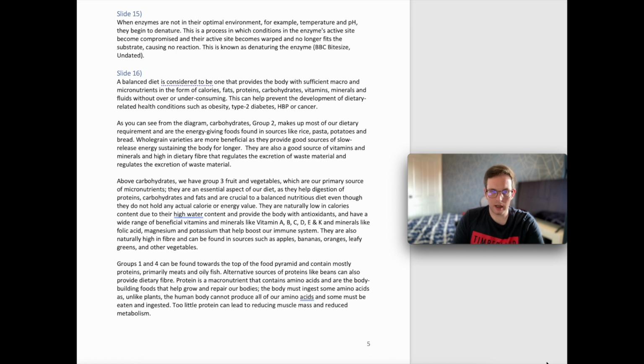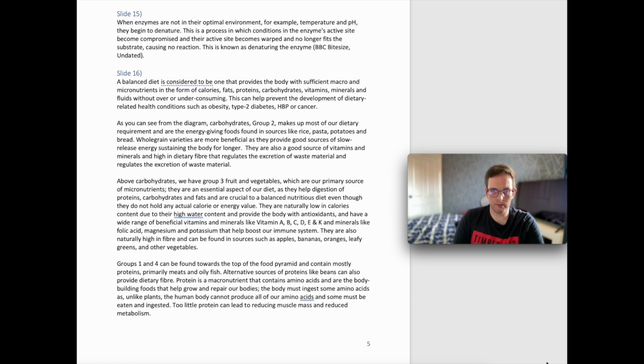They're naturally low in calories due to the high water content, and they provide the body with antioxidants and have a wide range of beneficial vitamins and minerals like vitamins A, B, C, D, E, and K. Minerals like folic acid, magnesium, and potassium help boost our immune system. They are also naturally high in fibre and can be found in sources such as apples, bananas, oranges, leafy greens,